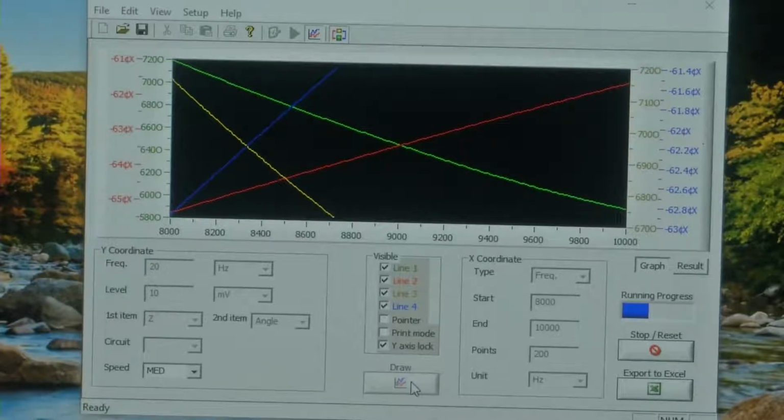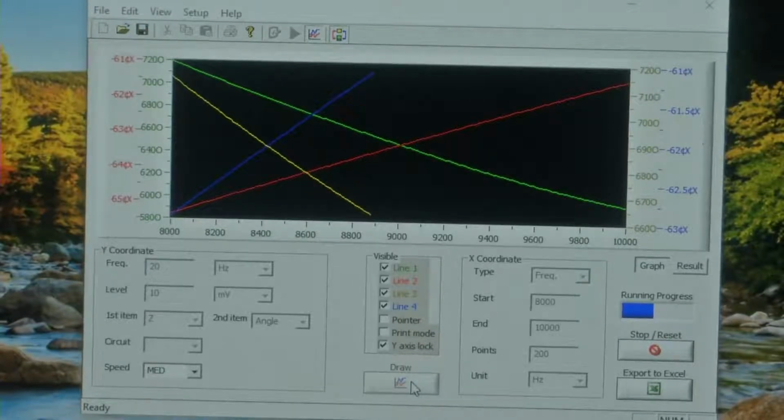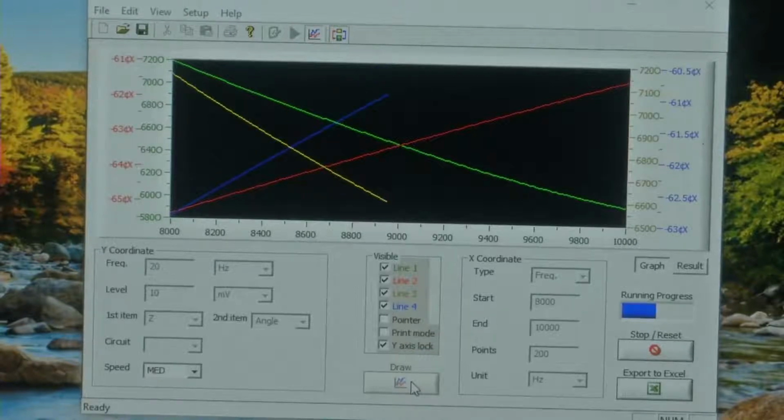So, another thing to note is that I have added only 20 microliter of drug to this. So, let us see if there will be any difference in the values. If you see a clear demarcation between the green and the yellow lines, which is the impedance, then we know that there has been an effect, and also the red and the blue lines. Only when it completes we will know.